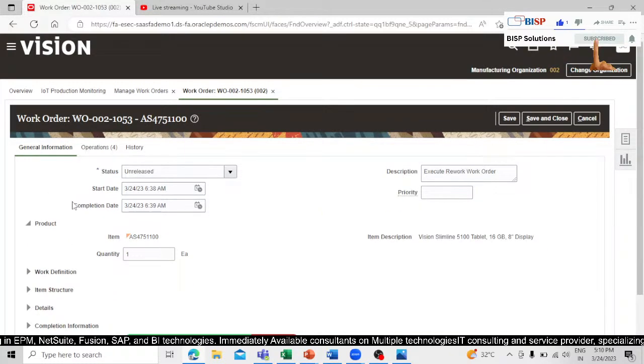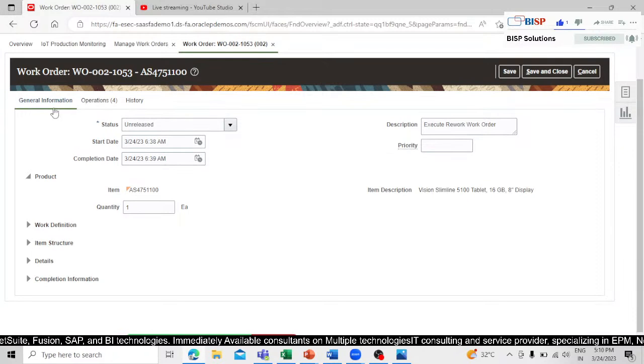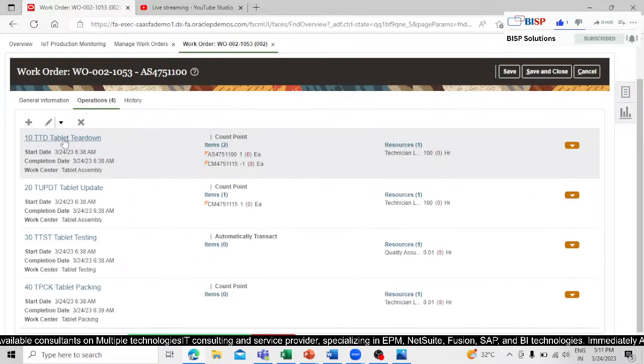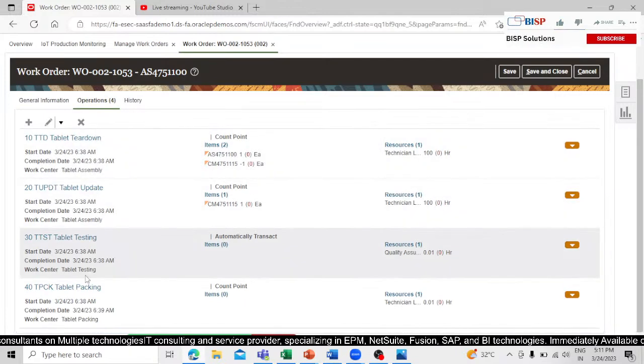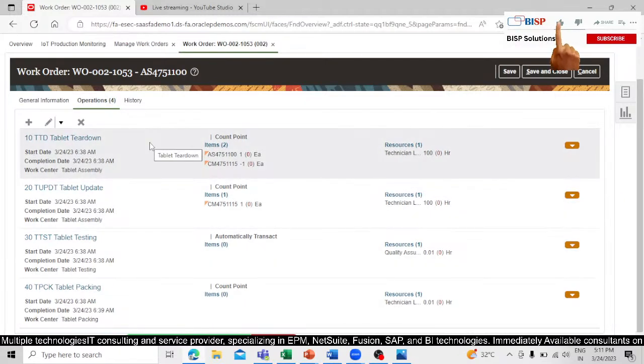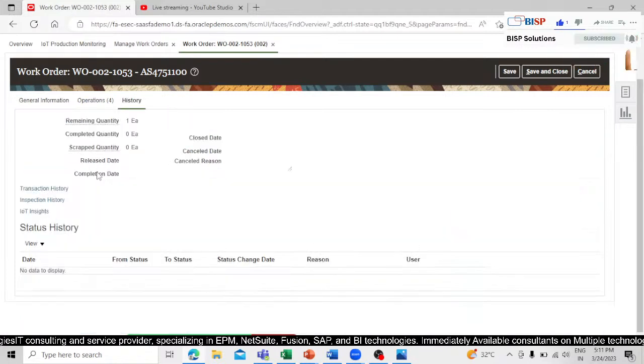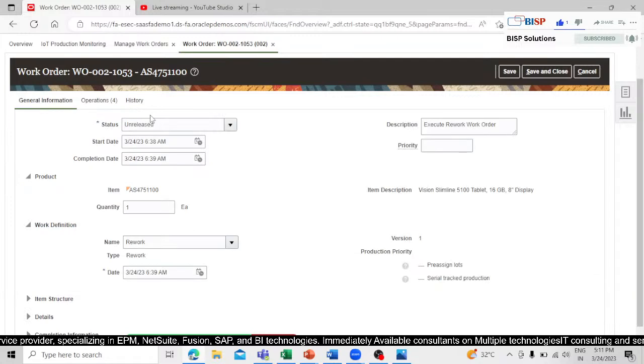Right? Information we have already seen so many times on this page. This is work definition, right? Click on this operation. We have the tablet tear down, update, testing, and packing. We have the history, right? No issue. History, we don't have any history right now, right? No issue. No information, history, right? No issue. Click on this save